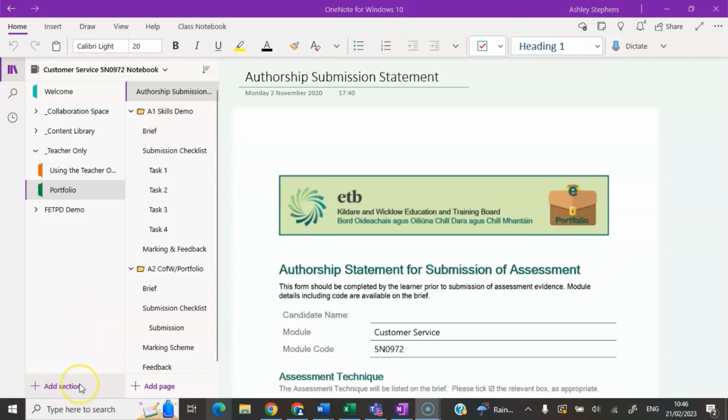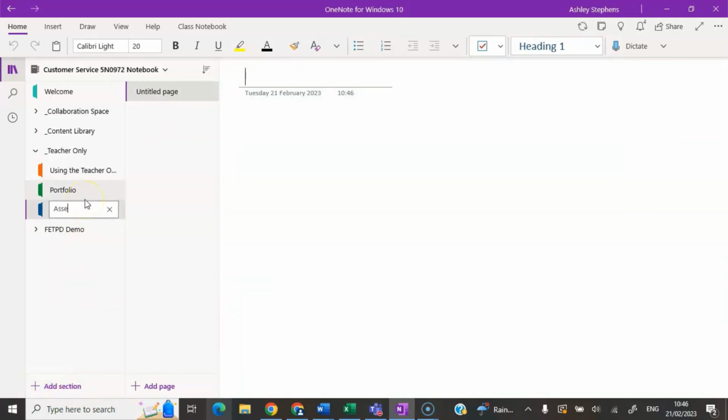And down the bottom left, you just click to add section. And I'm going to call this one assessment portfolio, just so that it's different from the one I already have. You can press enter to name it. Okay, so the first page that I want to add under the assessment portfolio is the authorship statement. And then I want to add a page for, let's go with collection of work. And then I'm going to add a page for the brief